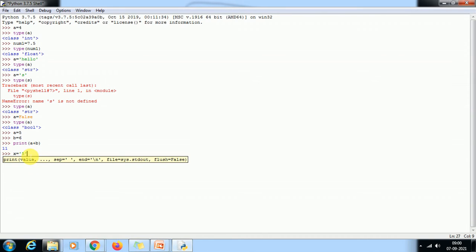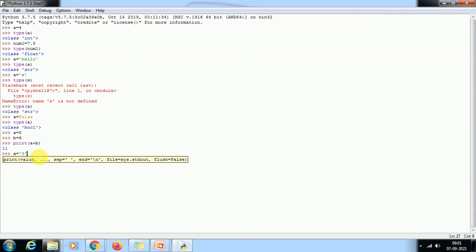See the difference. If you use 5 as an integer, then you will not put any quotation. If you use it as a string, then you will use quotation, either double quotation or single quotation.